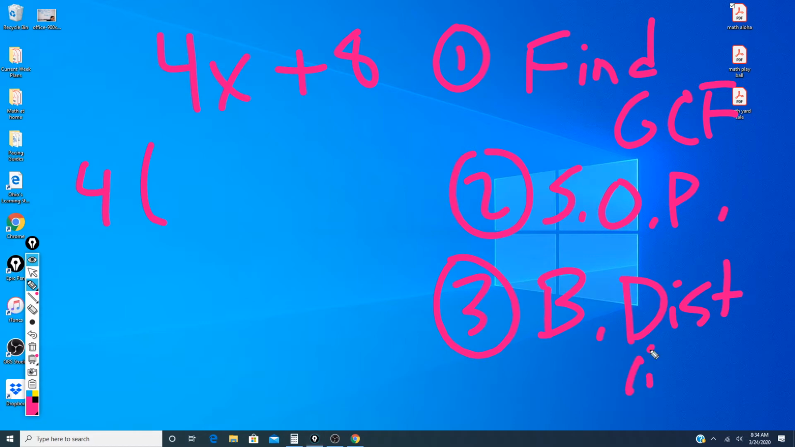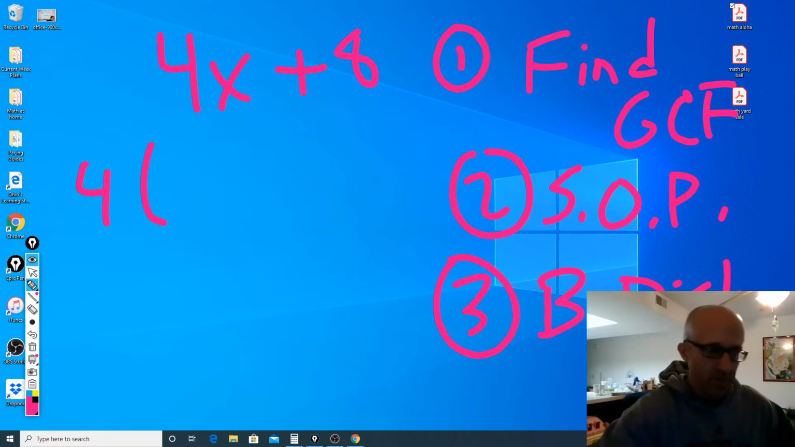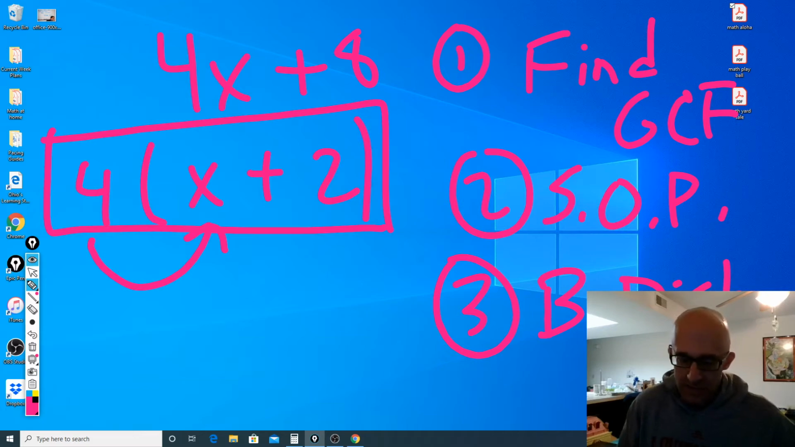Backwards distributive. Sorry for my writing on that, but backwards distributive to be able to explain this part. You then say to yourself, what's 4 times what gives you 4x? It's x, and like we said, 4 times 2 will give you 8. So this, my friends, is your factored expression. From here,